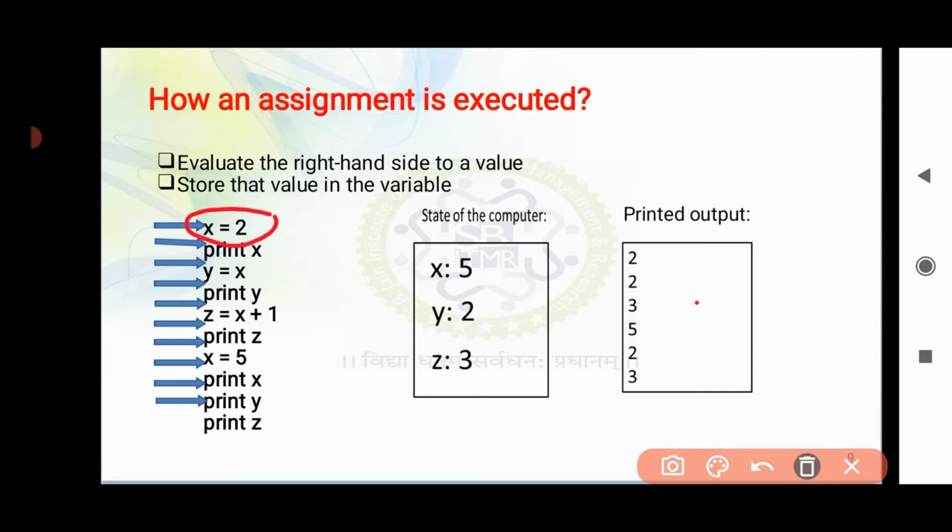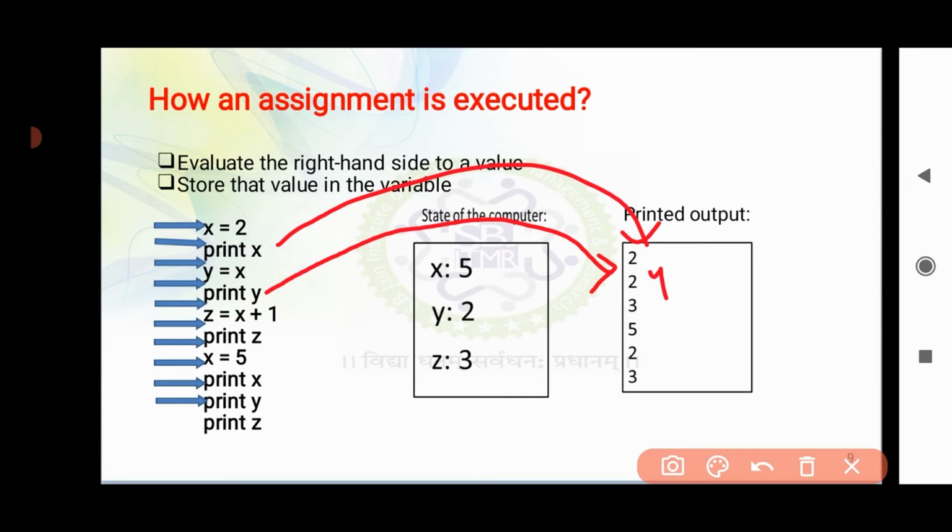Then they ask to print the value of x, which gives you the result 2. The next statement is y is equal to x. That means whatever the current value of x is will be assigned to the variable y. Then print y. The earlier value of x was 2, now assigned to y, so again you will have the result 2. So the value of variable y is 2.